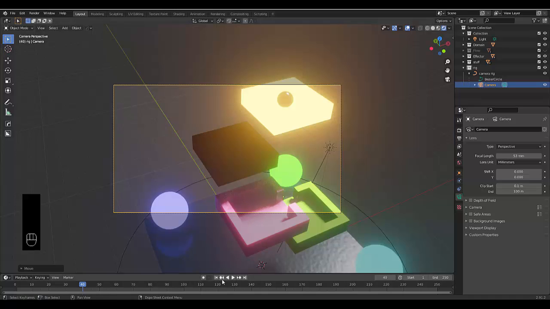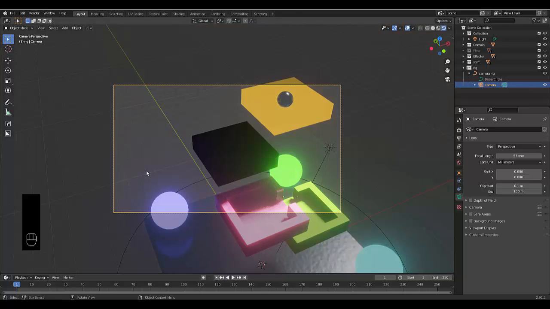And let's just go to frame 1. And this is very, very basic stuff. I'm sure you know how to do this part. But for complete accuracy, you have to bake things in first, then set up your camera. Then once your camera is set up correctly based on the bake,